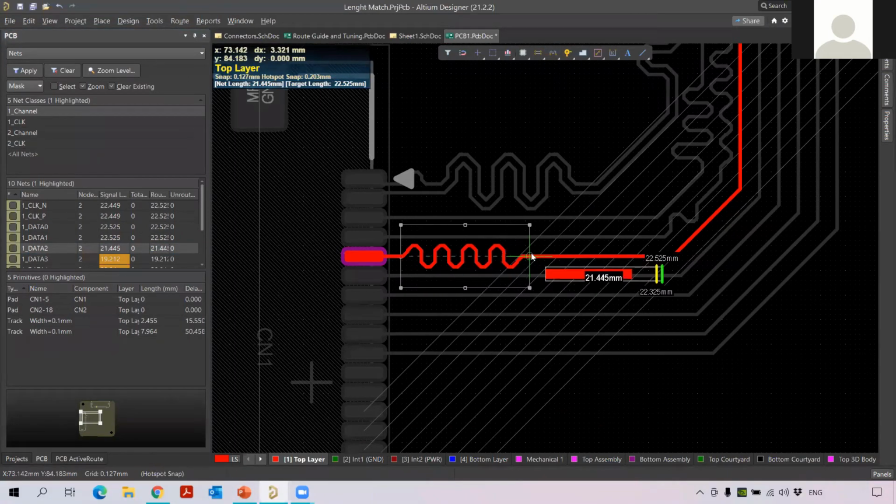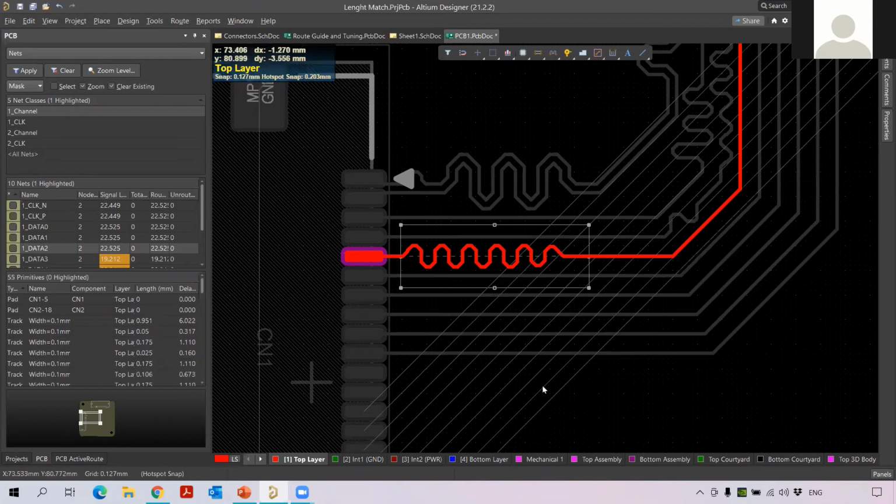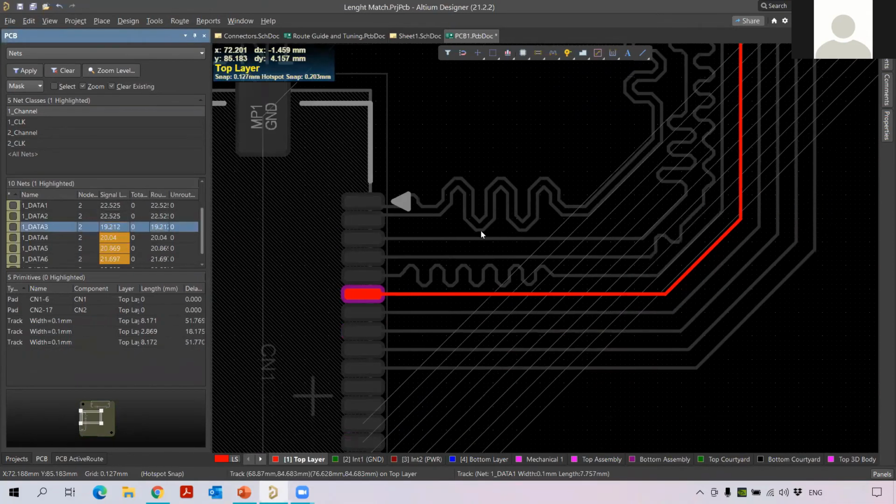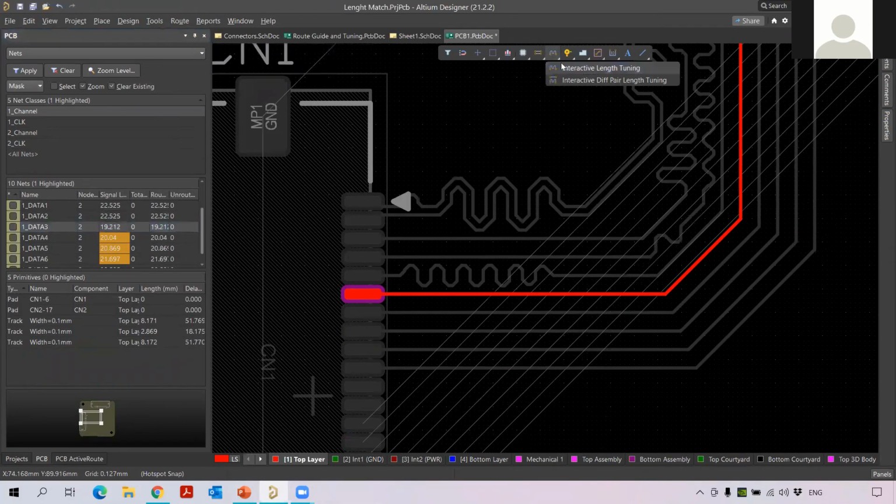Okay, you can do it by length, you can do it here. So once it meets, you will get the green color line. Okay, so like this, you can see they are meeting your tolerance level and then you can solve them one by one. I just do one more to show you.